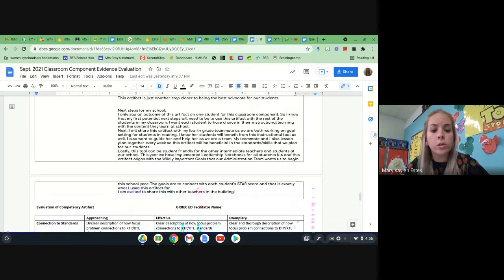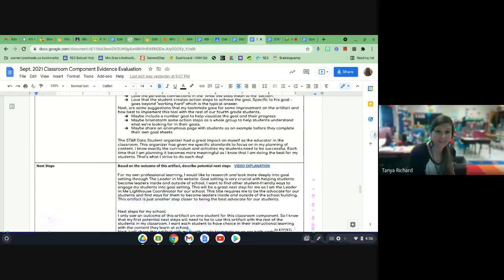Our whole school is doing Leader in Me leadership notebooks, and we have to set goals anyways. It's mandatory by our administration team. It is a requirement this year that every student in our building is setting goals and keeping track. So I want to share this with my intermediate teachers, because I think 5th and 6th graders can do it as well. It'll be valuable to them too.